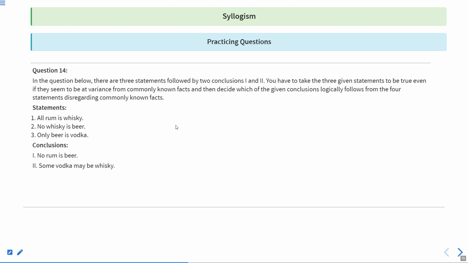So as my dear friends, as you already know, we have started with the syllogism part of the logical reasoning portion of all the competitive examinations that we tackle. So syllogism becomes a very important point of discussion whenever we are solving questions related to logical reasoning because they encompass around 20 to 25% of the total marks of all the competitive examinations, specifically talking about the logical reasoning